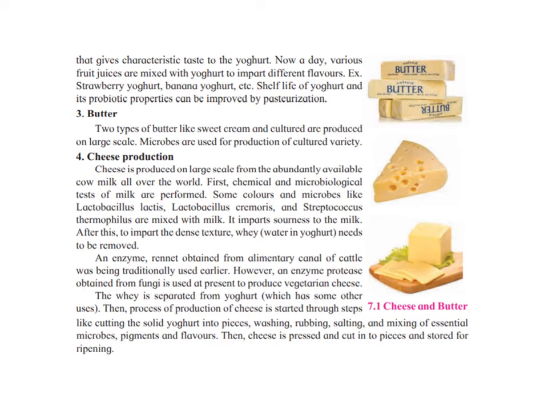First, chemical and microbiological tests of milk are performed. This is done to understand whether the quality of the milk is good or not. Some colors and microorganisms like Lactobacillus lactis, Lactobacillus cremoris, and Streptococcus thermophilus are mixed with milk. These are the microorganisms which are added to impart certain good qualities to the milk. It imparts even sourness to the milk. We know that cheese is a little sour as compared to the milk. After this, to impart the dense texture, that is, the texture of the cheese is different from the milk,